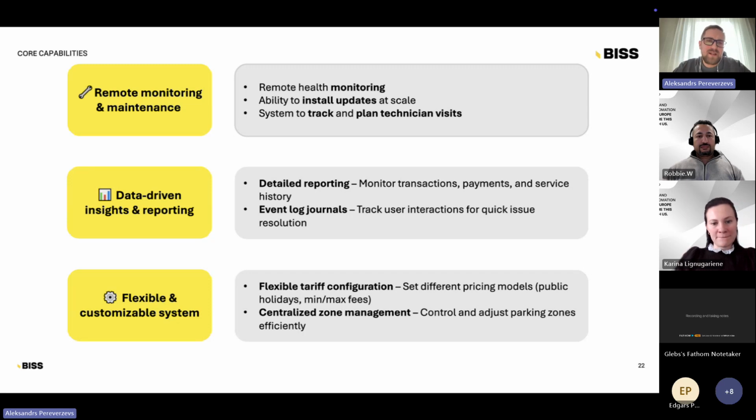I cannot emphasize the importance of this enough, as when you have so many pieces of hardware placed around the city, and if one of them doesn't work, you're basically losing money. Therefore, it's critical to have health monitoring, so be able to see whether the connectivity